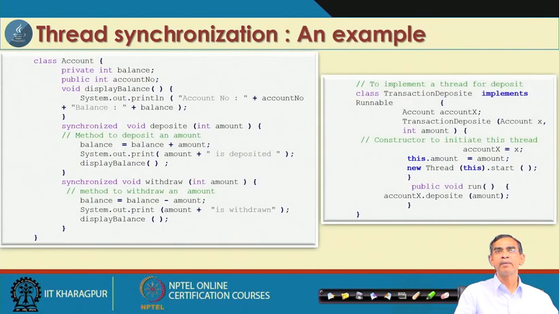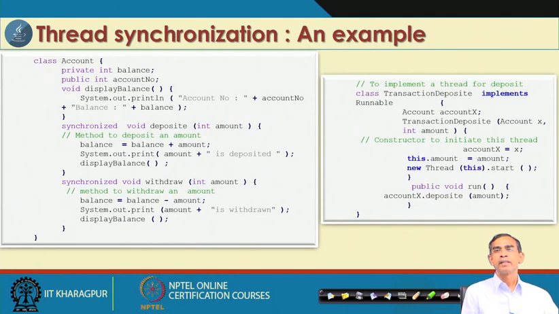Now, let us have a very simple example of how synchronization works. In a banking transaction, suppose from one account, one access is from the ATM and one from the bank terminal, both wanting to access the same account at the same time. In one transaction one wants to withdraw and another wants to deposit. If they are not synchronized properly, it can lead to a different result.